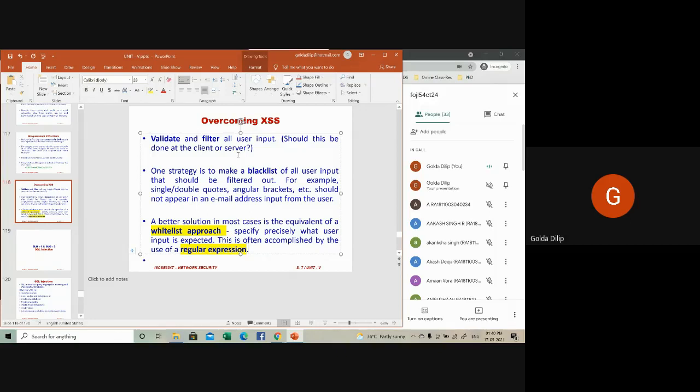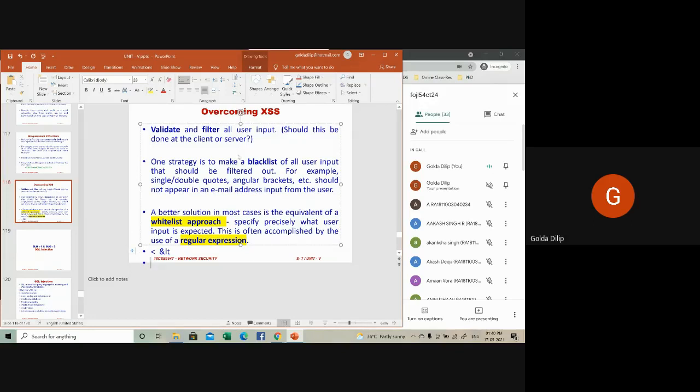If it is a less than symbol, you can replace it by ampersand LT. If it is greater than, you can use ampersand GT. If it is a double quote, you use the corresponding ampersand code.